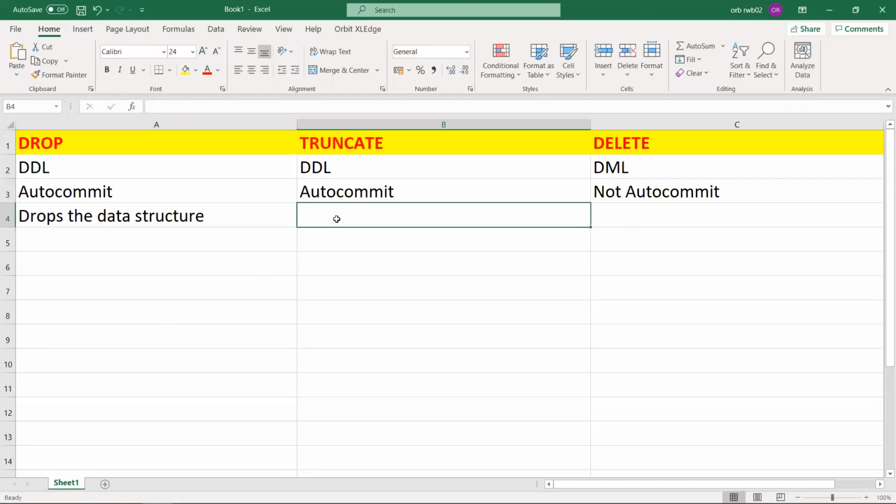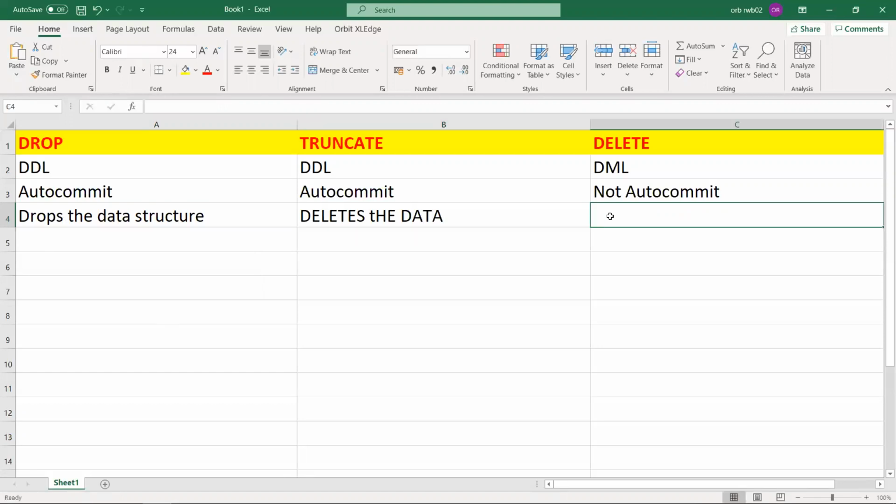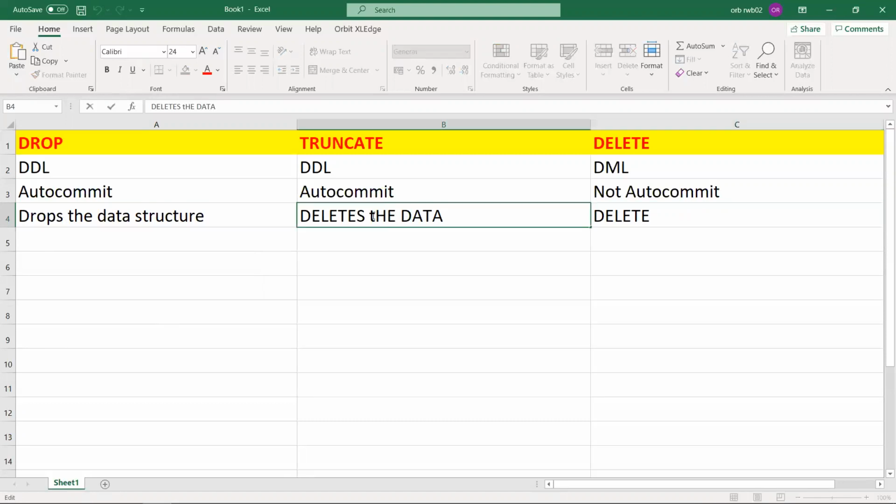Whereas truncate deletes the data. Truncate deletes all the records. We cannot provide a where condition in truncate.